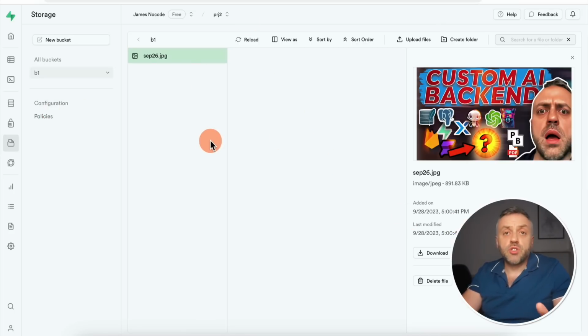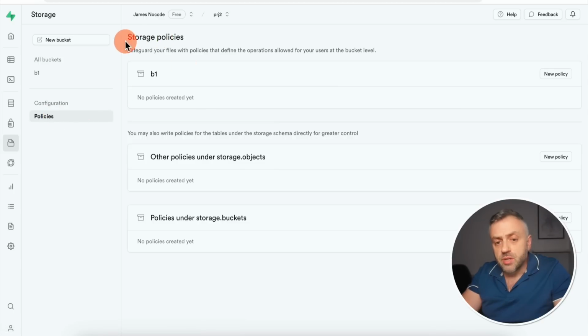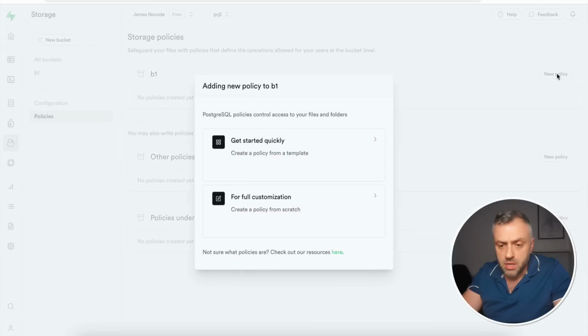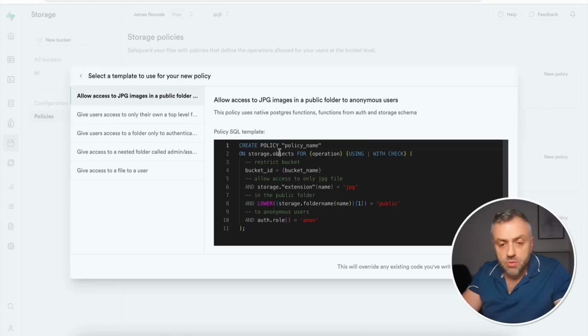Now, buckets, just like tables, can have various access policies attached to them. So if you click on policies here, you can create and manage various policies. So here we have storage policies, and then you also have a bunch of other policies. So the first thing you want to do is create a policy by clicking here. And as was the case before, you can get started quickly, or you can have full customization. So you want to start with a template if you do not have much experience with this, and just to get an idea